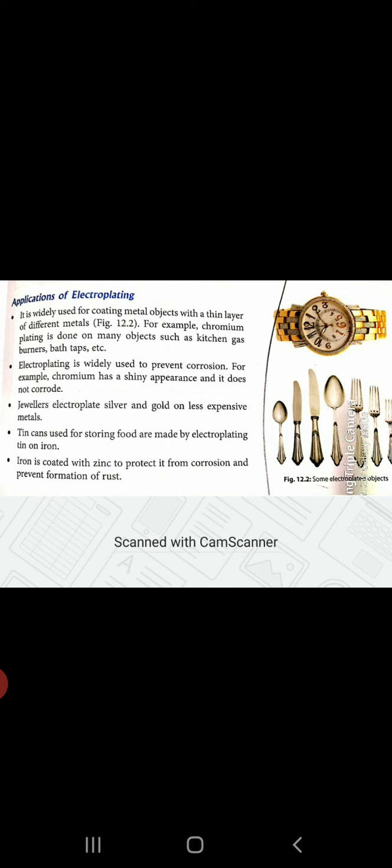And electroplating is also helpful to prevent corrosion. For example, आपने अपनी बेल्ट देखी होगी, बेल्ट का जो बकल होता है that has a shiny appearance. मगर आयरन तो if you get a magnet around, it will attract towards your belt buckle. Yes, that's because it's made up of iron. But iron इतना shiny तो नहीं होता. The shiny part is actually the chromium. A thin layer of chromium is there and it does not allow the iron to get corroded easily.